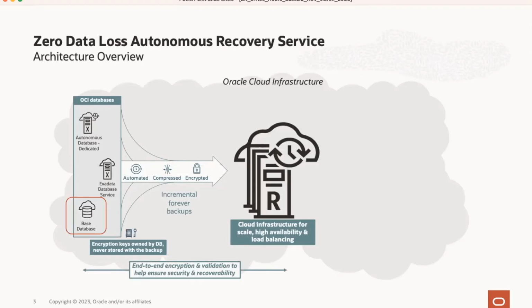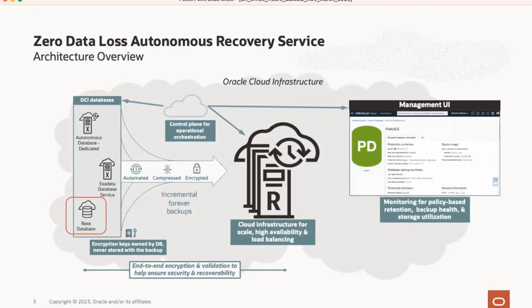As I mentioned before, there's end-to-end encryption. We're making sure that data stays encrypted for its entire life cycle. We're doing validation, and that just helps ensure that there's both security and recoverability for the backups. All the magic in this happens because there's control plane orchestration. There's control plane automation that sits with the actual Oracle databases. There's control plane automation that sits with the recovery service, and the two of those talk to each other to make sure that we're finding the right location for your databases in our fleet, the right storage location that's going to be most performant,